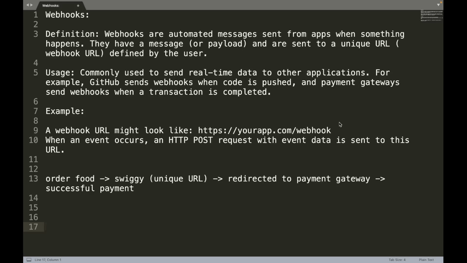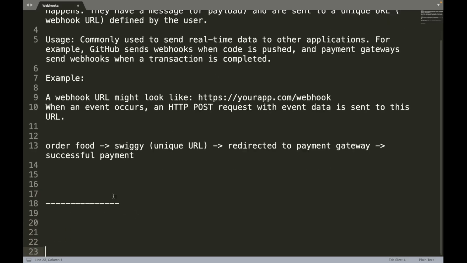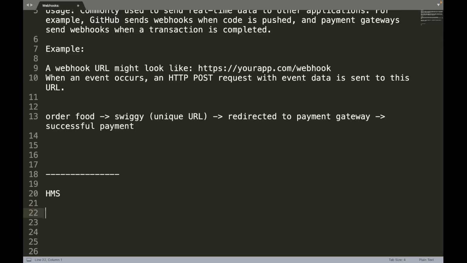Okay, so now we are going to go a little bit practical and see a practical implementation of webhooks. I'll explain the scenario first, and then I'll show you the implementation. We have built a hospital management system application, which has different APIs and different entities exposed. For our purpose, we are going to work on the appointment entity.